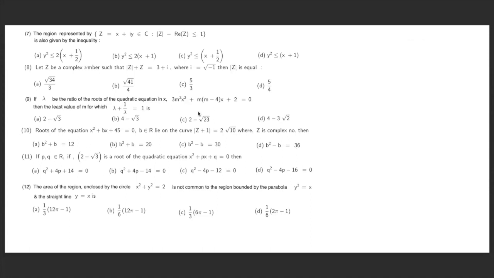So let us look at another problem. The root of this equation is given like this, which lies on the curve, right? So z is a complex number, right? So let us see the best possible answer for this. Okay, so let us see that. Okay, so what we have here,